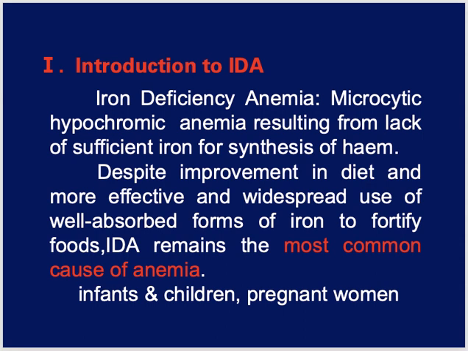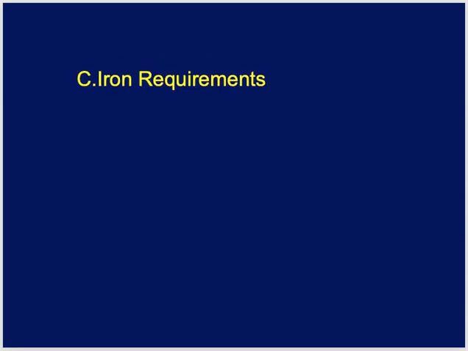Iron deficiency anemia, as I was telling you yesterday, is a microcytic type of anemia, or microcytic hypochromic. Hypochromic means what? Like the color of the cell, the cells become pale because of less hemoglobin in the cells. So, to understand iron deficiency anemia in good detail, we must know how much is the iron requirement in the human body.